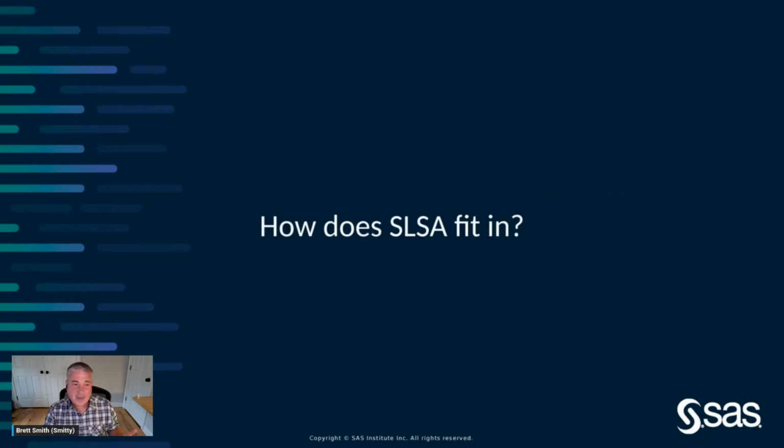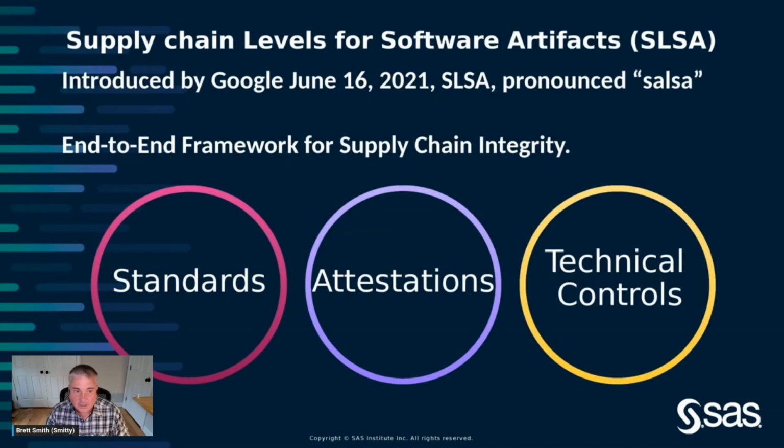So how does SLSA fit in? SLSA is a checklist of standards and controls that we use to prevent tampering, improve integrity, secure packages, and infrastructure in your projects and enterprises. It's how we get from safe enough to being as resilient as possible at any link in the chain. The framework establishes 3 trust boundaries, the right standards, attestation, and technical controls, so we can harden the systems from threats and risks.